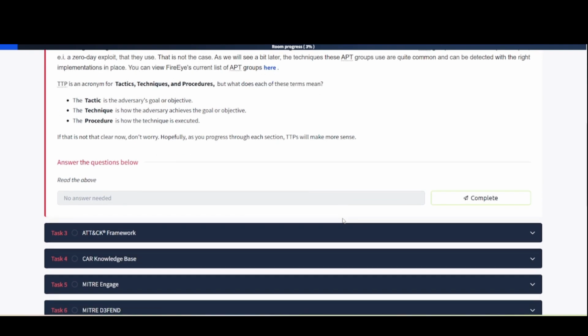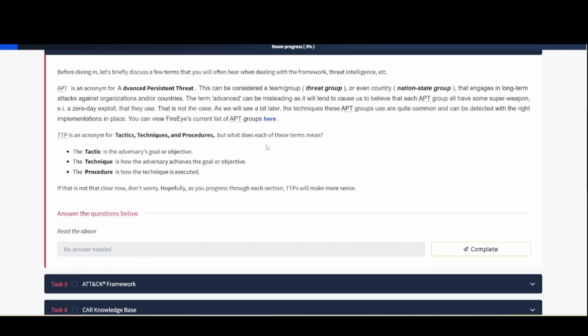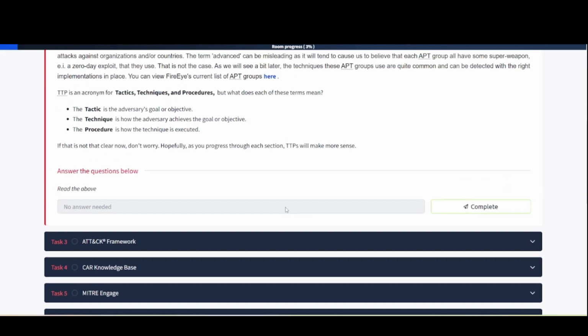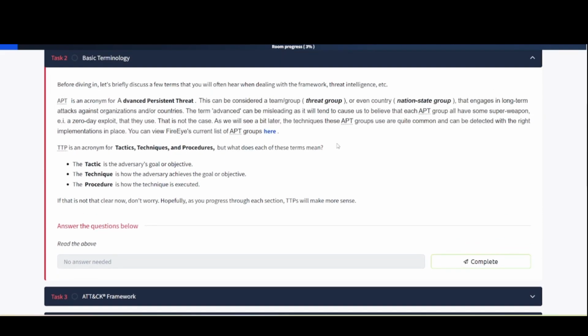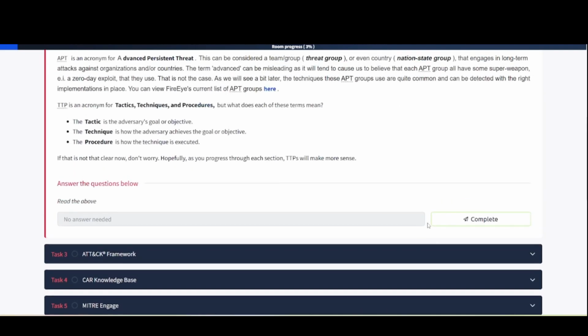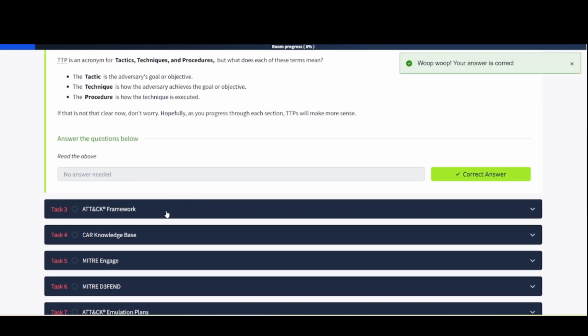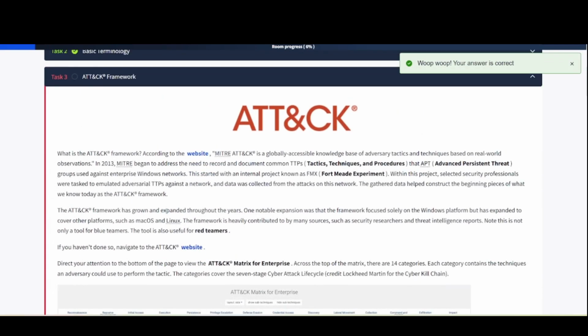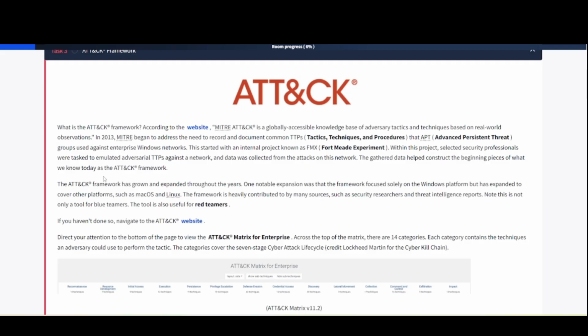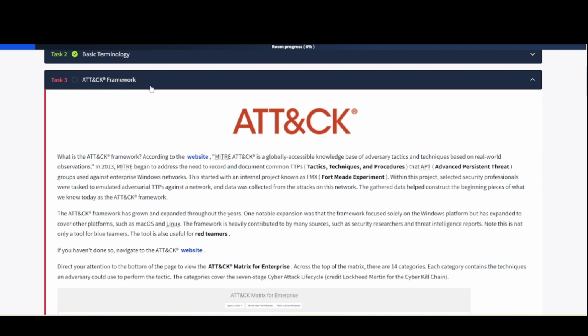I'm sure they'll go over it, but a lot of these APT groups will use the same TTPs, and sometimes they will just adjust the TTPs to fit their own objectives and attacks, okay? Like password spraying, credential stuffing attacks, stuff like that. A lot of APT groups will use that. Why do you need a fancy zero-day when you can just log in using somebody's password that's been involved in a data breach, or a commonly used or weak password, right? Anyway, task number 3, ATT&CK framework.